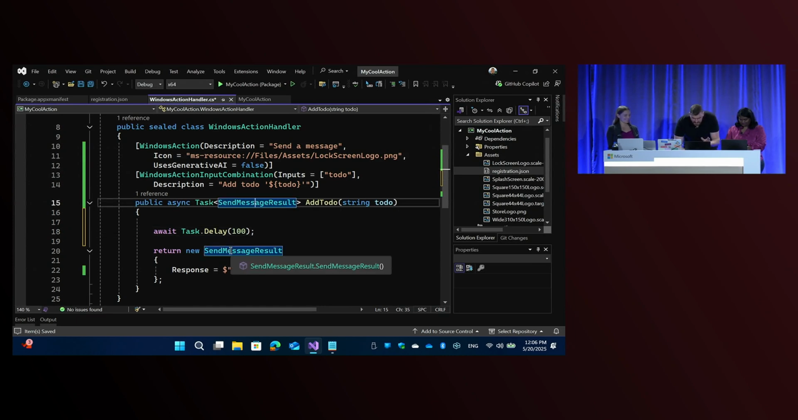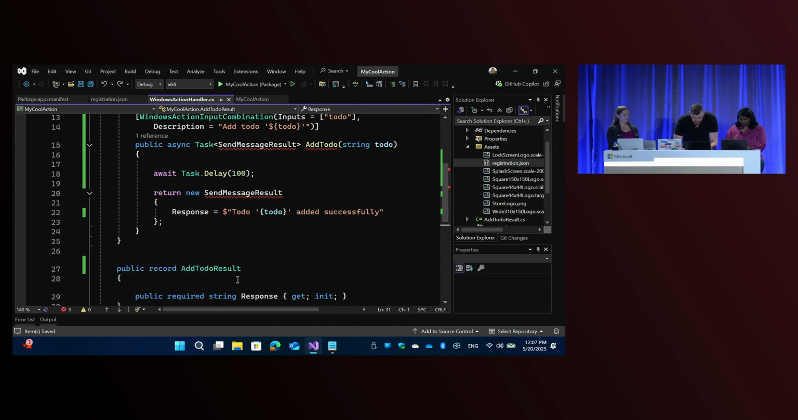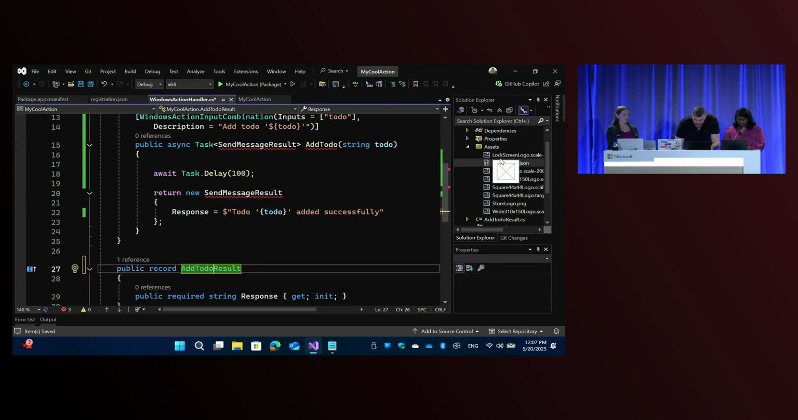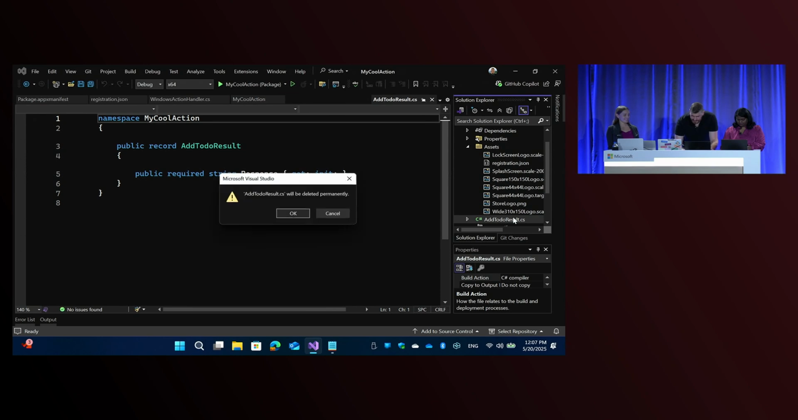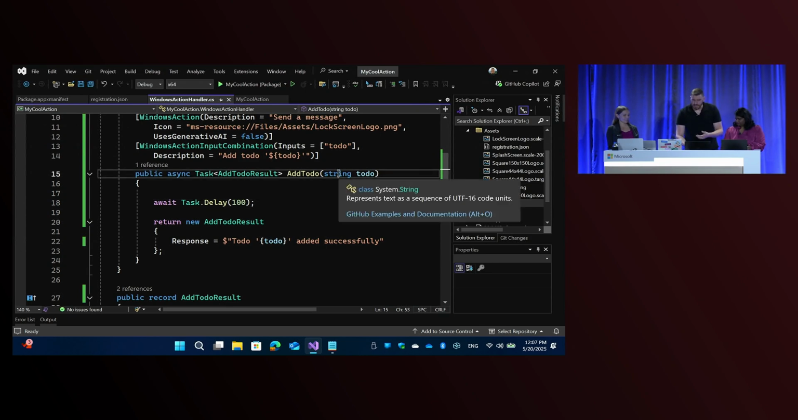But let's also, just for completeness, change this record to match. So instead of send message result, this is an add to do result. Oh, I think I used this wrong shortcut. Add to do result, move the mouse away. Now I can rename. I'll just manually do it. All right. So now that we have this, I think it actually created a class. That was my problem. Oh, right. OK, perfect. So now that we have this class, let's say that we wanted to have another input of type